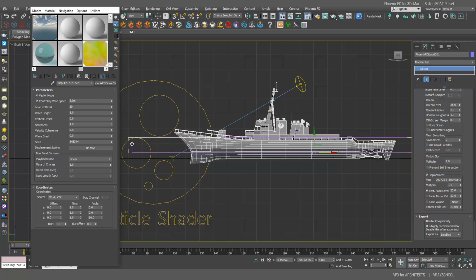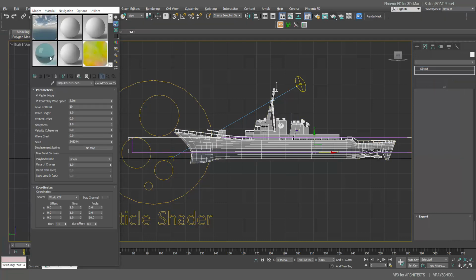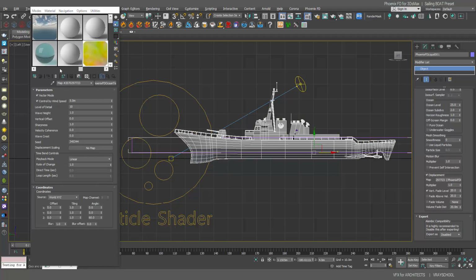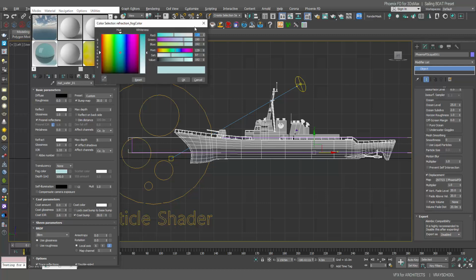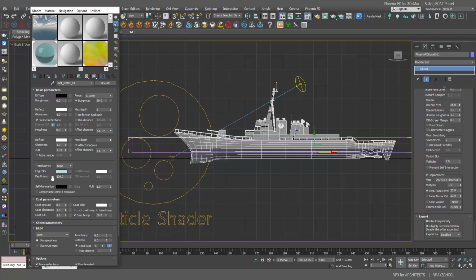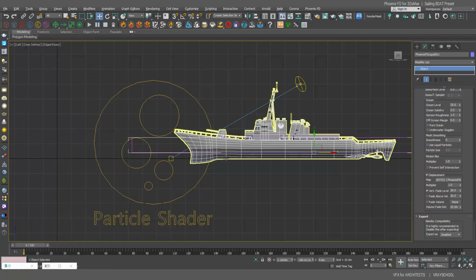Okay, now I'm going to select this liquid and actually give it a texture right now. So that's my water texture, full color, and depth 100 centimeters, so you can copy those in order to make your water. Now what we need to do here next is